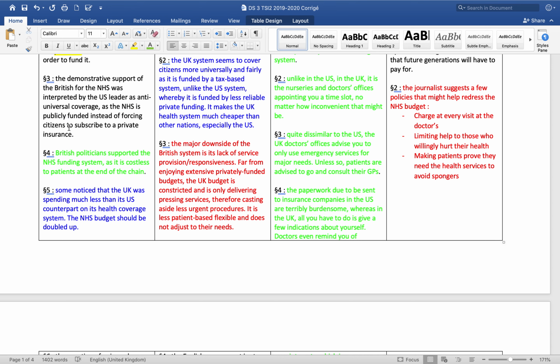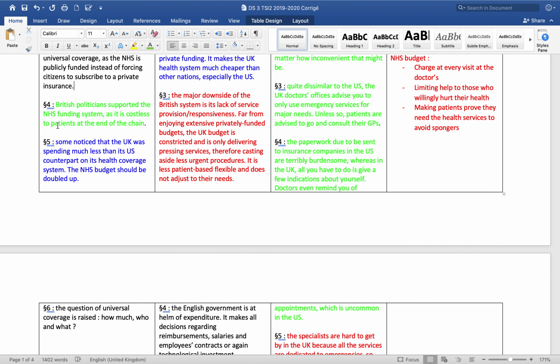In the US, the citizens have to subscribe to a private insurance, which means that if you are rich enough, you can get access to a private insurance company, which will cover your medical costs if you need hospital. But if you are a low-income person, if you do not have money, if you're poor, and you cannot access a private insurance, then it means you have no insurance. So it's really strange that he says this, and he says that the NHS is anti-universal coverage, because it seems to be the opposite. But, well, so I let this aside because I thought it was a bit unclear in the text.